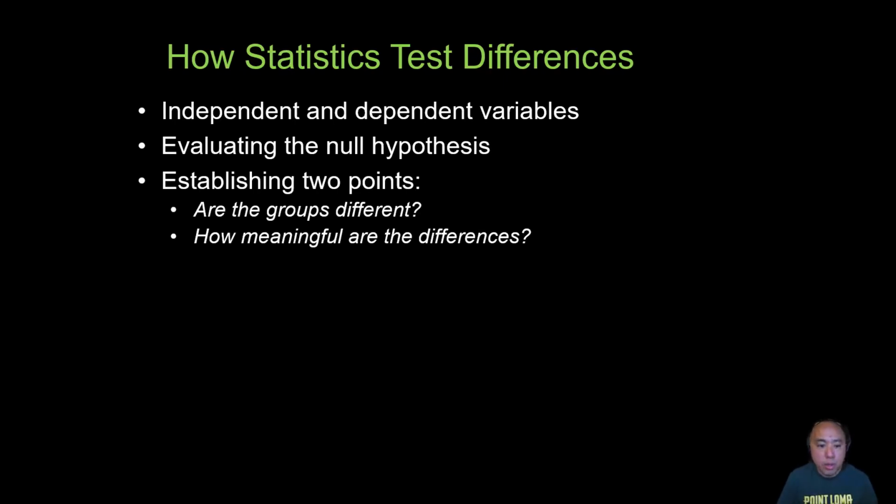And we're trying to establish 2 points. Are the groups different? Or can we attribute the differences between groups to the independent variable, to them being male or female, to them wearing stability or cushioning shoes, whatever that might be? Another